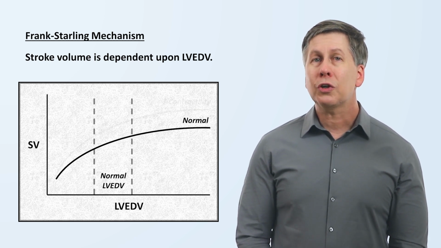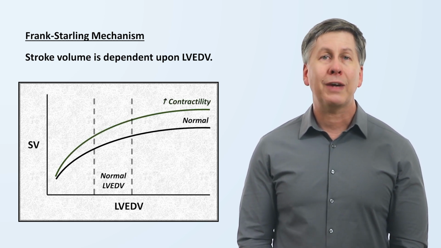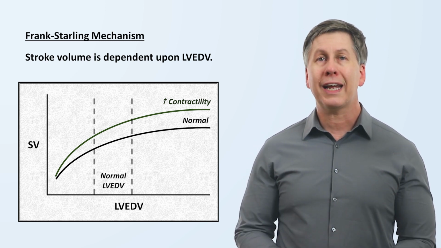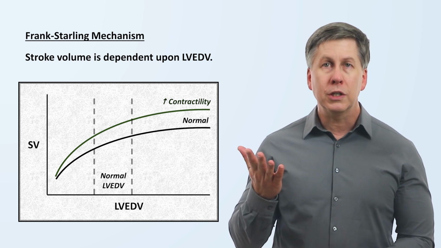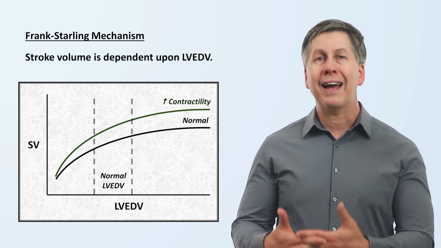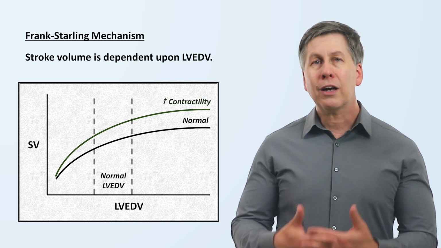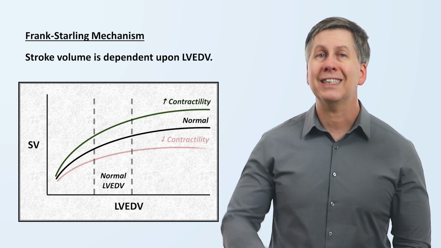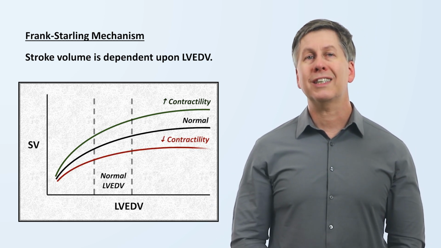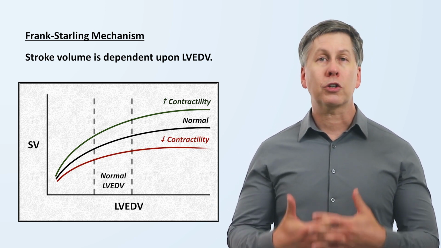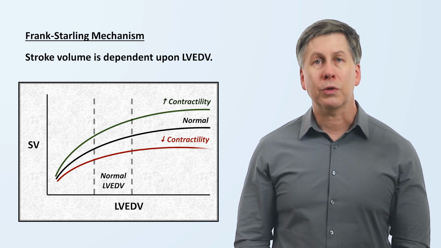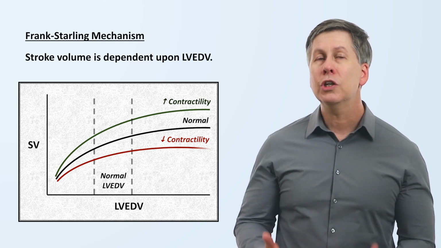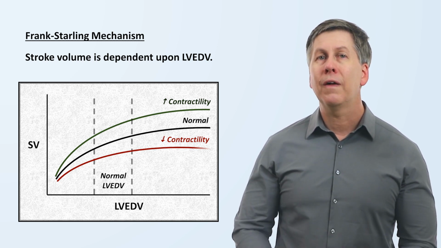In patients whose contractility is increased, for example, by activation of the sympathetic nervous system or by administration of positive inotropic medications, this curve shifts upwards so that stroke volume is increased at any given volume, and it takes higher volumes to reach the flat part of the curve. And for patients whose contractility is decreased, for example due to ischemia, heart failure, or metabolic derangements, the curve is shifted downwards. The plateau is seen at lower volumes, and in some cases, stroke volume may even decrease at extreme